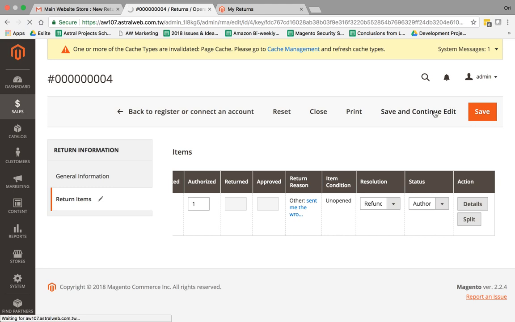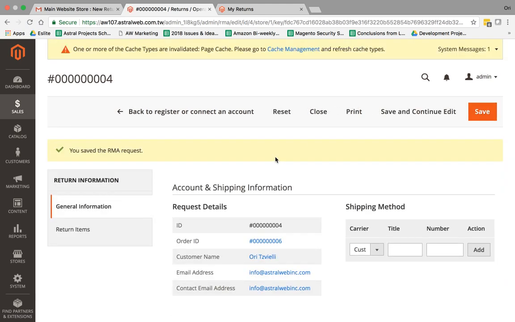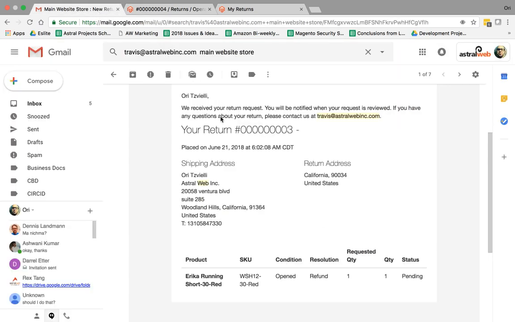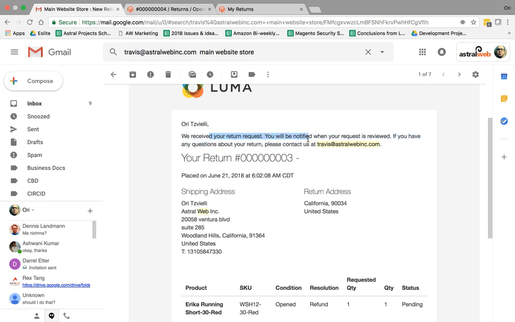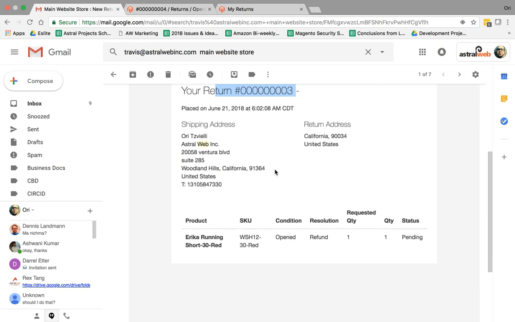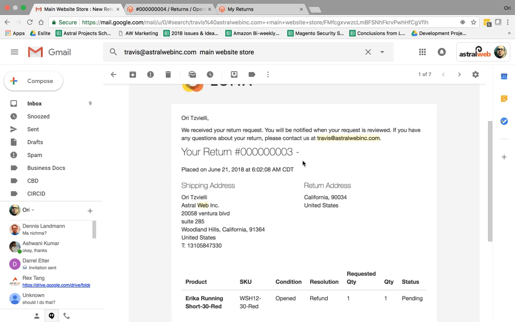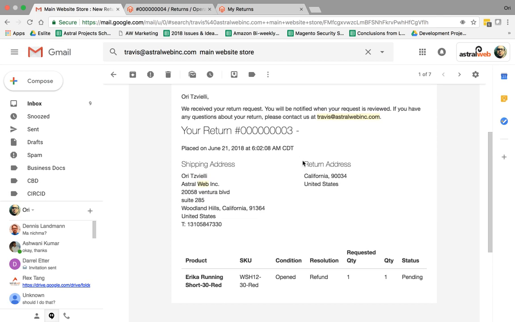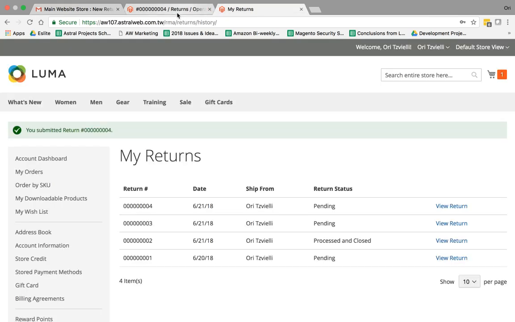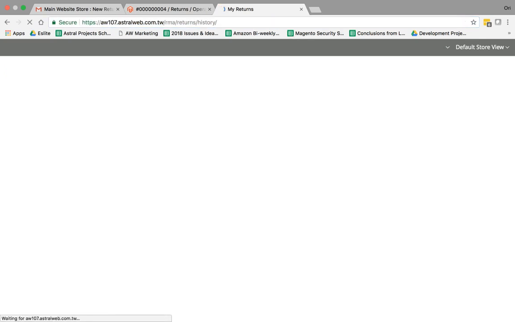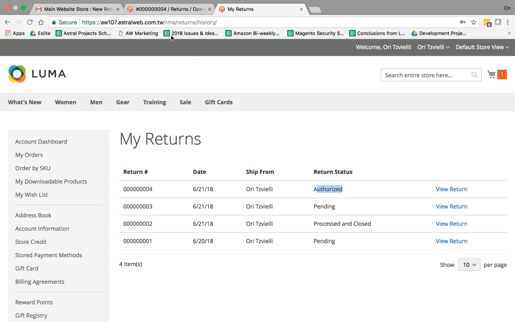Now that I do that, customers are getting emails, right? So for example, the customer is going to get an email like this, with a detail of their order. You can see more information here. This is the return number, and they would see some statuses. If I set the status to authorized, as I just did, they would see authorized, pending, declined, etc. This is a sample template from the basic Magento. Now if a customer goes here, you see this order return status was pending before, and now it's authorized. Great, so now I'm getting updates.